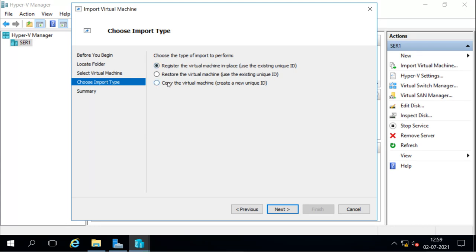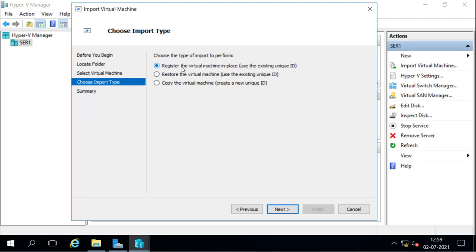Next. Now it is giving us these three options for importing. It says register the virtual machine in place. That means in the same machine, right? For example, suppose this is our server 2012, and we have created the virtual machines in the Hyper-V of server 2012. Now we want to upgrade server 2012 to server 2016.